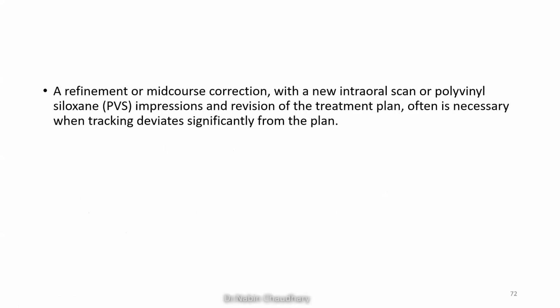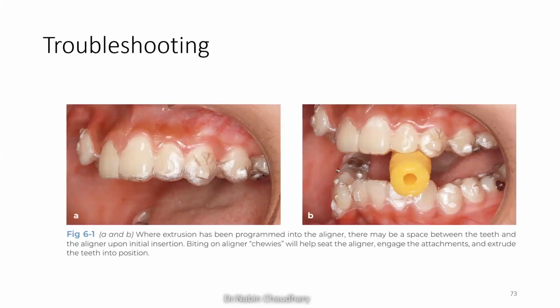a refinement or mid-course correction can be done with a new intraoral scan, or we can also take an impression with silicone material. And revision of the treatment plan is often necessary when the tracking deviates significantly from the treatment plan. And in some cases, we can troubleshoot the treatment when the tooth movement is not tracking according to the treatment plan. For example, in this case, when the